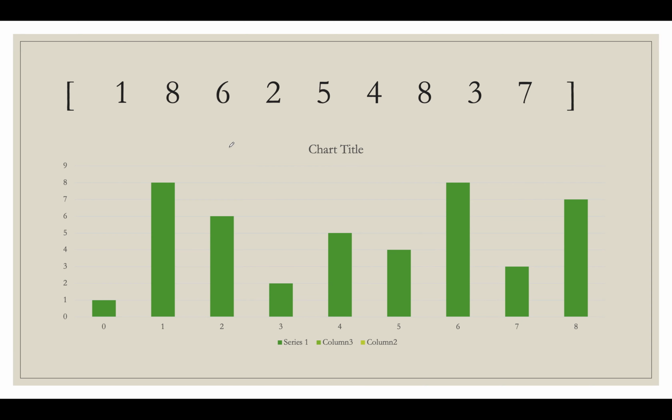So let's talk about how we calculate the area between any two heights that are given to us. The formula is equal to the minimum of h1, h2 into the width, and width will be given to us by the difference of the indexes where h1 is held and h2 is held.